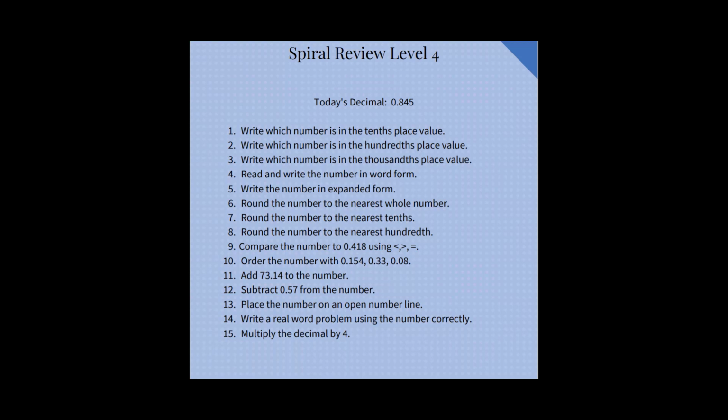All right, so here we are at spiral review level 4. And as you can see here, we have a decimal, 0 and 845 thousandths. Okay, there's not quite as many. You only have 15 questions. But once again, a little more difficult because now we're using decimals. All right, so as you can see,